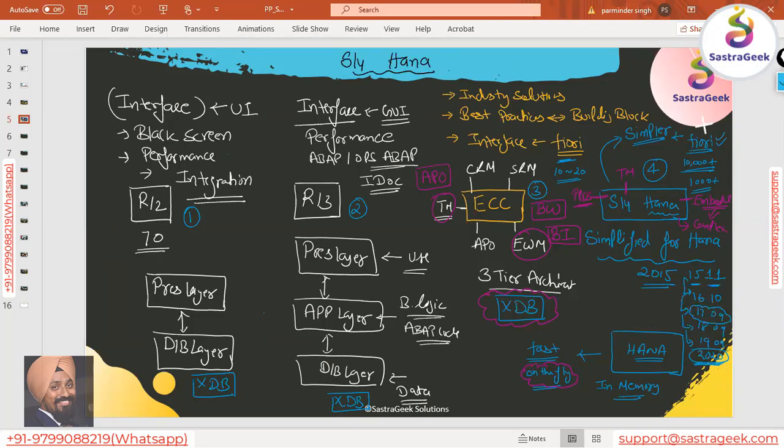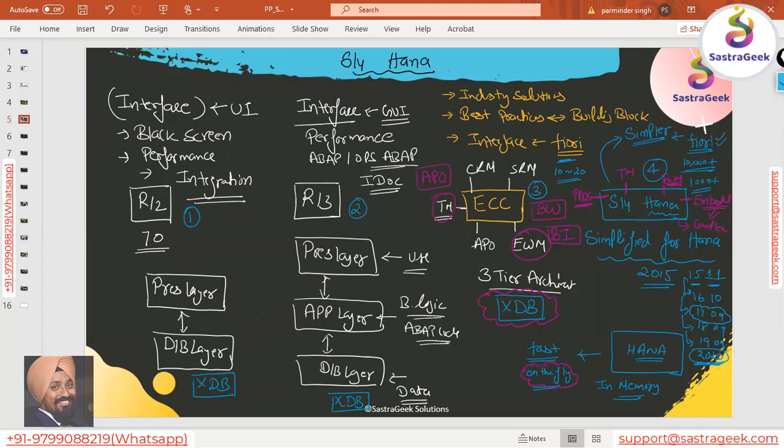A lot of things which we were using from the external servers, you can now use within S4HANA. EWM is embedded. BI is coming into the embedded analytics. Complex reporting is coming. All of these things are coming because of this HANA database system, so you can do much more by using S4HANA. These are all capabilities, and this is just a glimpse. There are thousands of examples. I can sit and spend a full night telling you what more you're getting in S4HANA, what improvements you're getting in S4HANA.